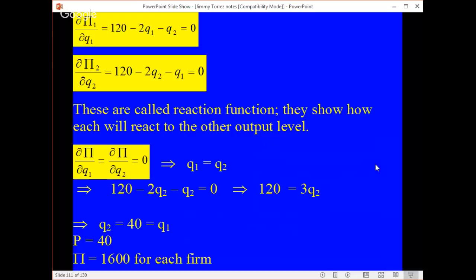Be careful here. That means that profit for the entire industry would be 3,200. I divide that in half, and I get 1,600. Be careful,